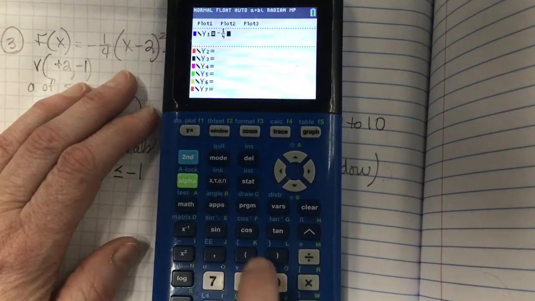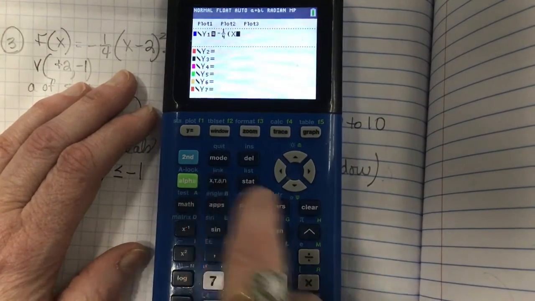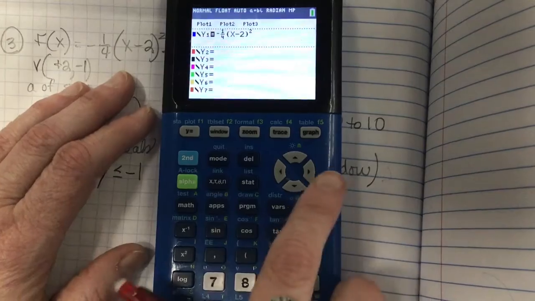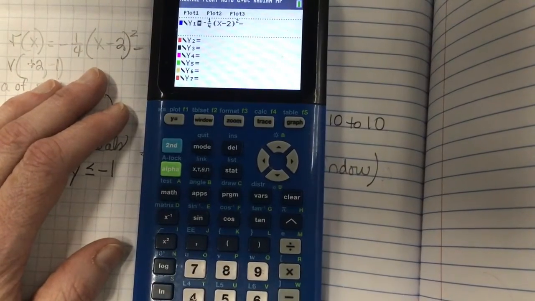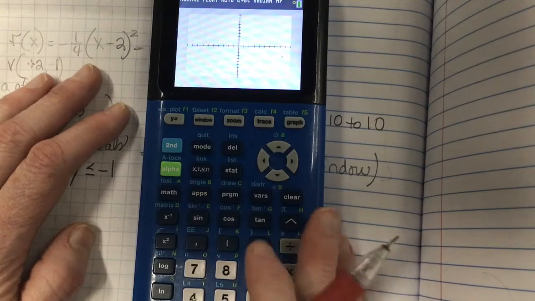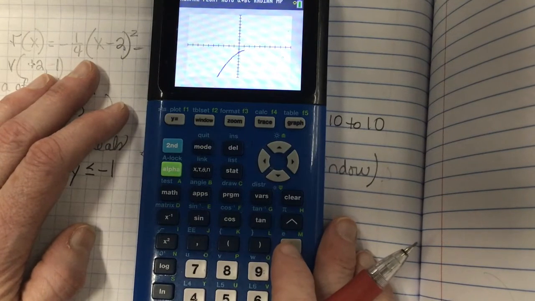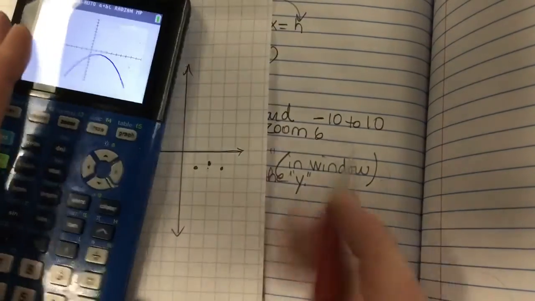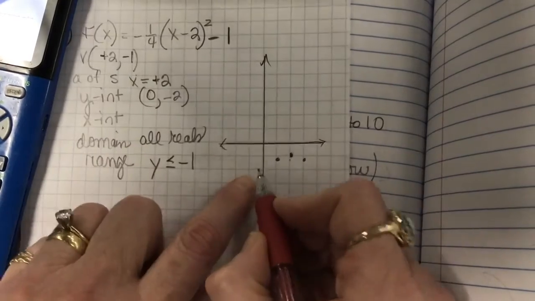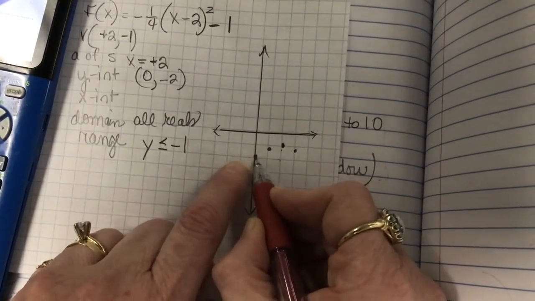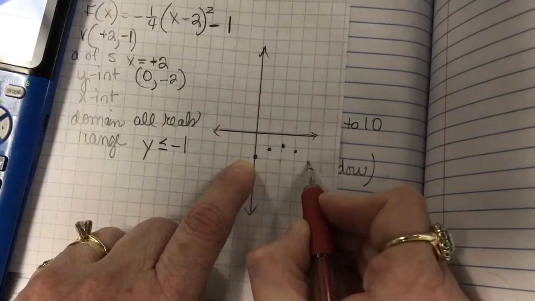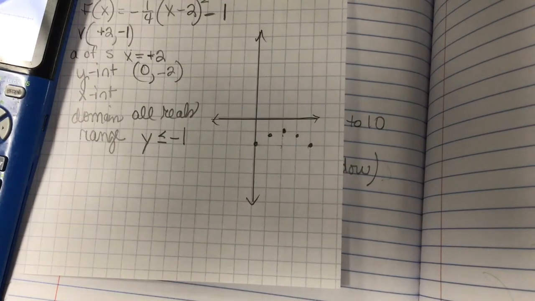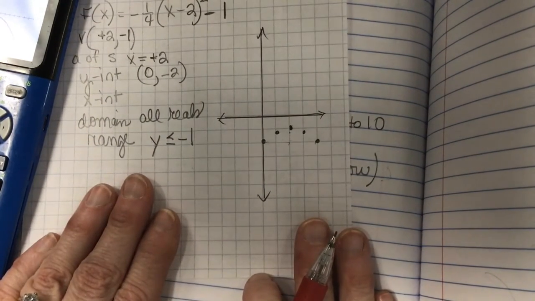I usually put my negative, and then I put my fraction. And then x minus 2 squared minus 1. Okay, what's the y-intercept? -2. Now that's an awesome one because look, you can do this. It's 2 to the left of that axis of symmetry. You can even use the symmetry here. That's what my regular algebra student didn't like yesterday. I don't like those extra points. I said, but it just,